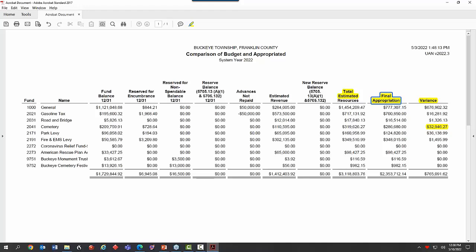And if you are talking about a fund that receives a levy, you're not going to get the second half until later. So the reason I'm bringing that up is anytime you're talking about a purchase, you have to look at appropriations. They are based on a whole year that will be available. In the middle of the year, you don't have all of your receipts for the year yet. You're not going to get some receipts until December. So you have to look at cash and budget.